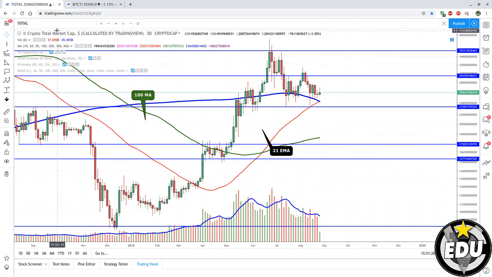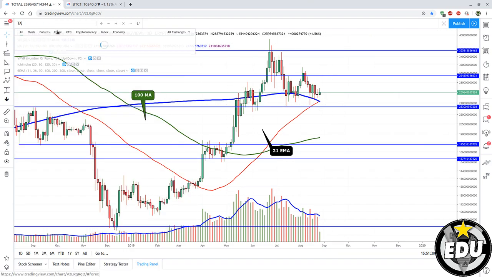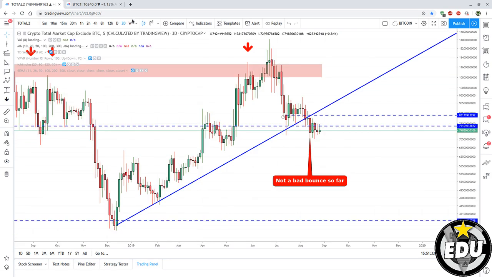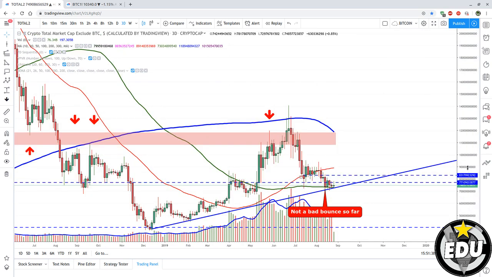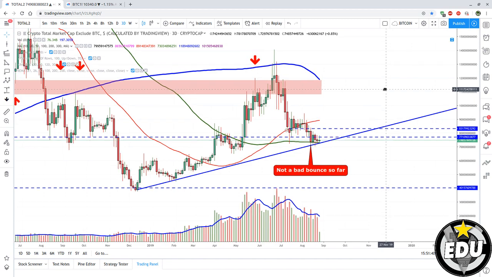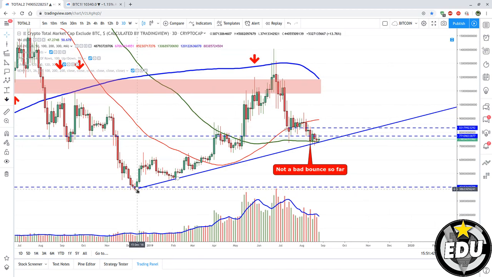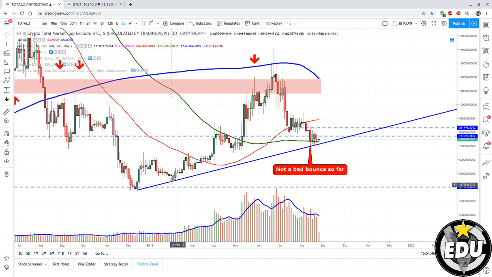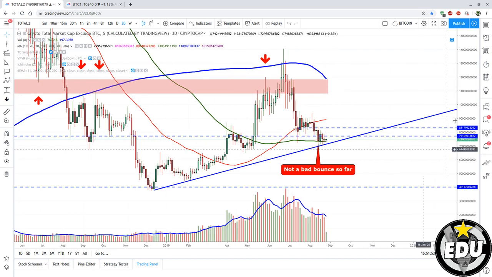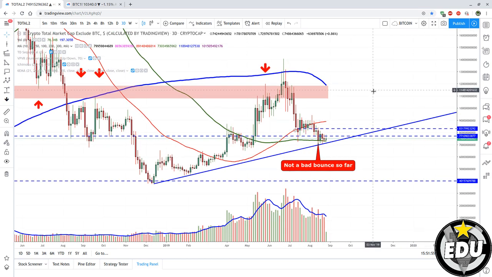On the other hand, the total 2, which is the total market cap of altcoins, is still logarithmic or linear. On linear it's quite perfect. On logarithmic, not that much. Oh yeah, it's so perfect on linear. Look at the bounce. So we have seen altcoin market cap dropping and the altcoins of course bleeding,